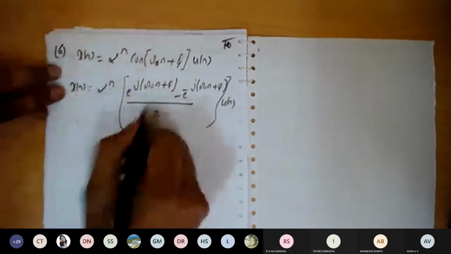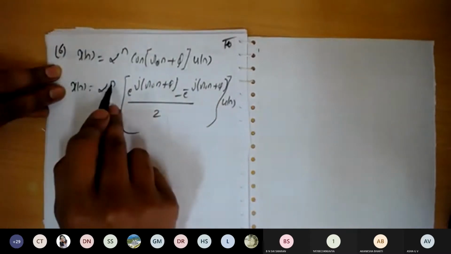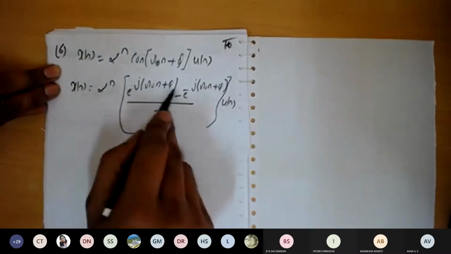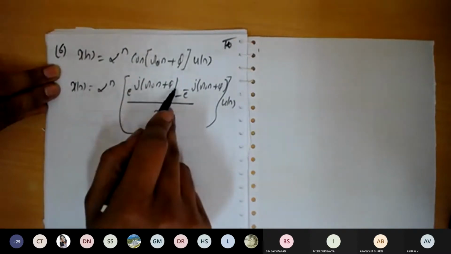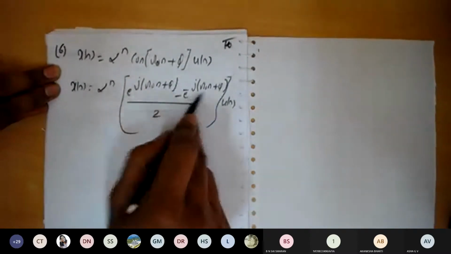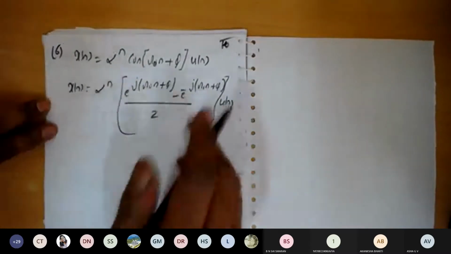Okay. Now I'm going to split the alpha for the two different functions. Why? Because here x of n is a function of n, but phi is not a function of n here. We can treat that as a constant. So here plus phi, and here minus phi. Let us evaluate by applying the linearity property, so I'm going to split it here.